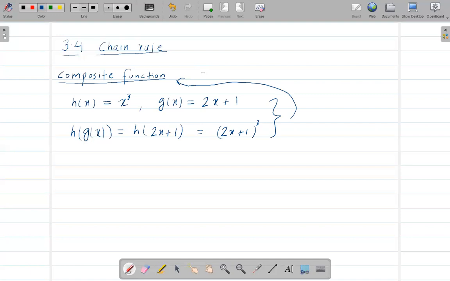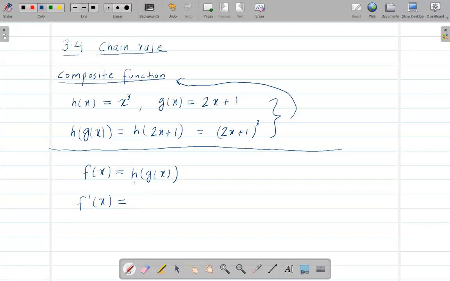So now, on the chain rule, let's suppose f of x is a composite function, like f of x is equal to h of g of x. So there is a function within a function, and these kinds of functions are called composite functions. Here, if I want to take the derivative of f of x,